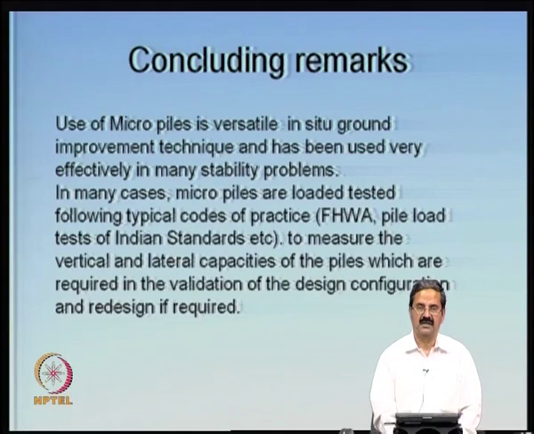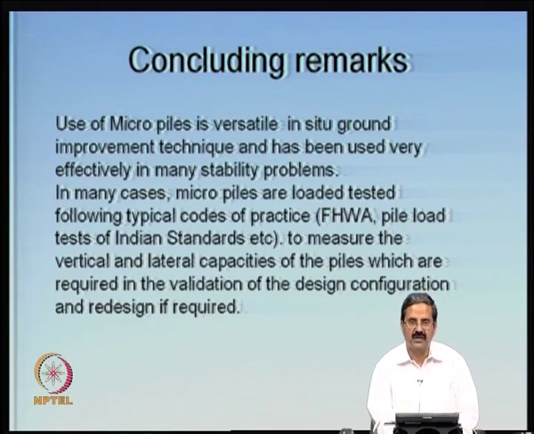So what they did, to avoid this, was that we calculated the number of micropiles required to give the extra additional bearing capacity that was required. Earlier what was required was 20 ton per meter square, and what was available was 7 ton per meter square. So the 13 ton per meter square was in fact supplied by micropile skin friction.